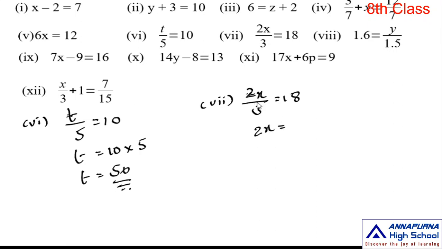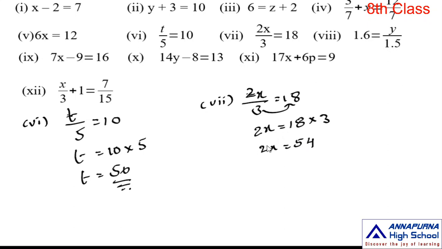We cannot transpose anything from the numerator. Here I transpose the denominator only. So 2x is equal to, already on the right side we have 18, and you transpose this 3 to the right side, so it multiplies the right side part. So 18 into 3. Okay, so 2x is equal to 18 into 3,